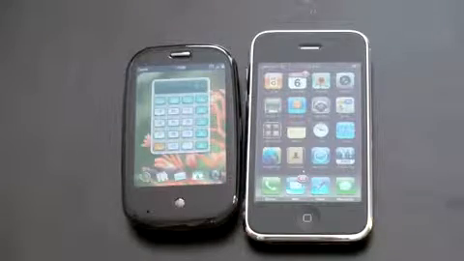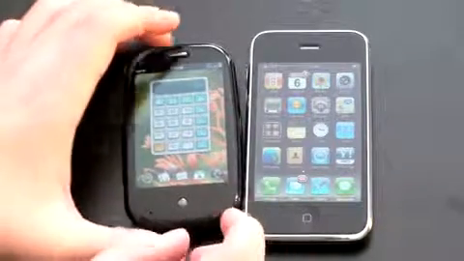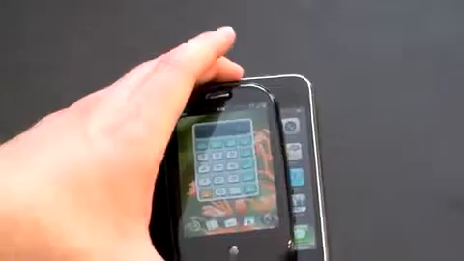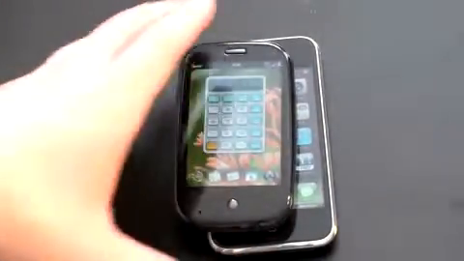So let's talk about physical specs. How do they look? Well, during the unboxing I gave you guys a size comparison. Let's go ahead and do that again. We'll stack them on top. You can see the Pre is significantly smaller in that aspect. But it is thicker due to the slide-out QWERTY keyboard, but not by much. The Pre really does feel nice and small in the hand. It really is impressive. Let's do a comparison